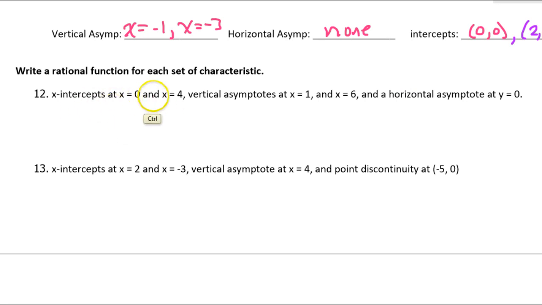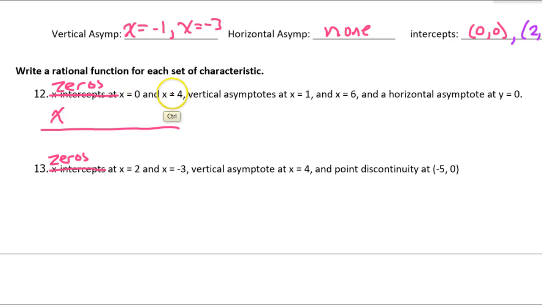So the x-intercepts come from the numerator. So I will get a 0 x-intercept if I have a factor of x. All right, so this 0 is going to lead to an x. Now, technically, these are not x-intercepts. These are technically zeros. So I should change my wording. If they just give me a number, not an ordered pair, technically those are zeros. So I'm just going to cross this out and write zeros. Anyway,